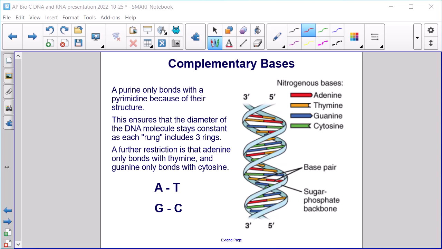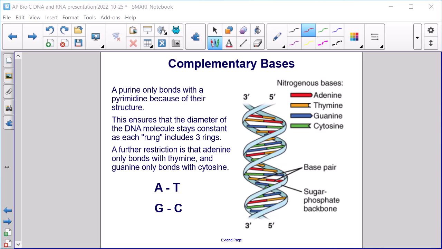A purine only bonds with a pyrimidine because of their structure. This ensures that the diameter of the DNA molecule stays constant as each rung includes 3 rings. Remember that purines are 2-ring structures, pyrimidines are 1-ring structures. So if a purine and a pyrimidine bond together, we always end up with a 3-ringed